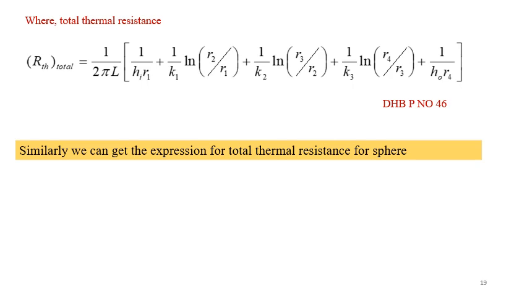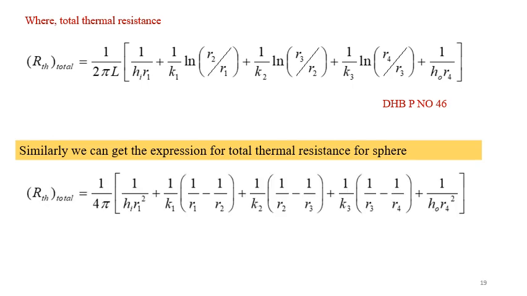Similarly, we can derive the equation for the total thermal resistance for a sphere, which is R_th total equal to 1 by 4 pi, because this is the surface area, into 1 by hi R1 square plus 1 by K1 into 1 by R1 minus 1 by R2 plus 1 by K2 into 1 by R2 minus 1 by R3 plus 1 by K3 into 1 by R3 minus 1 by R4 plus 1 by h naught into R4 square. That is also available in the data handbook, page number